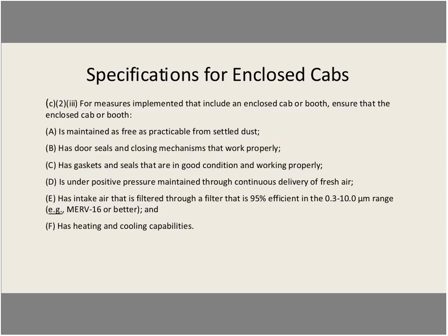So Table 1 in the Silica rule also includes additional provisions for enclosed cabs and booths under paragraph C2. And this simply states that employers must ensure the enclosed cab or booth is maintained as free as practicable from settled dust. It has door sills and closing mechanisms that properly work, has gaskets and seals that are in good condition and work properly, is under positive pressure maintained through the continuous delivery of filtered air,